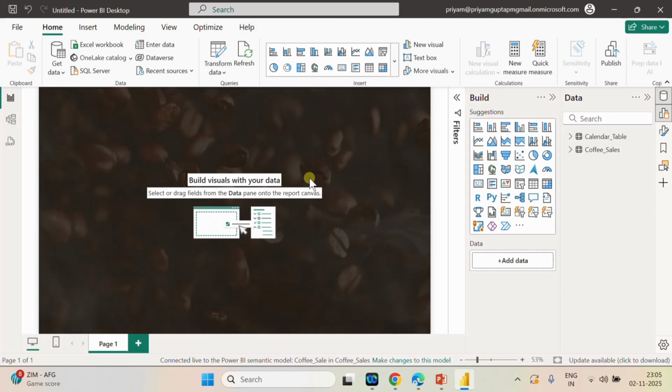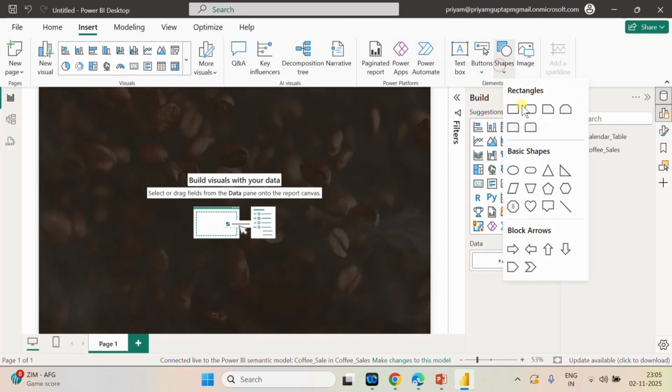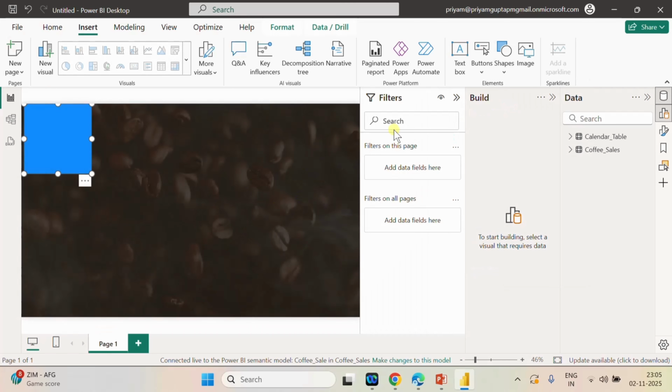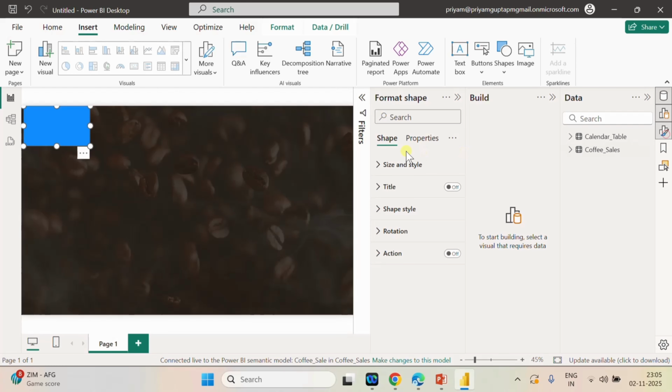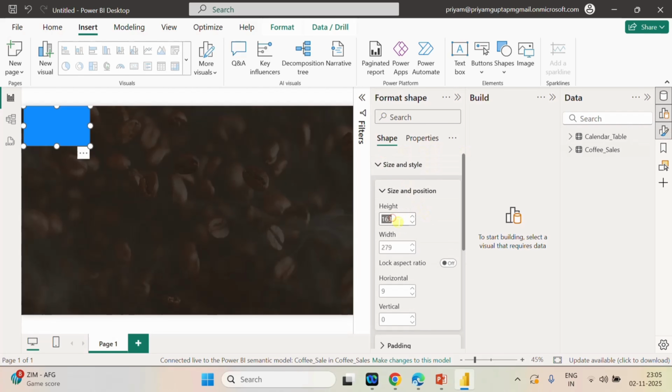Now we have to insert some shapes. We have to create the placeholders for our charts, so for that we are going to create 2 or 3 shapes. Insert, then Shape. First of all, we take this shape as a rectangle. Now here we have to choose the height and width. Height will be 200 and width will be,